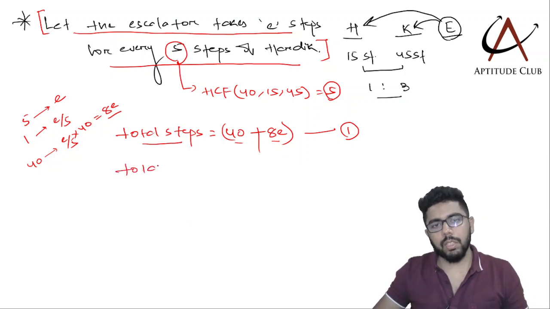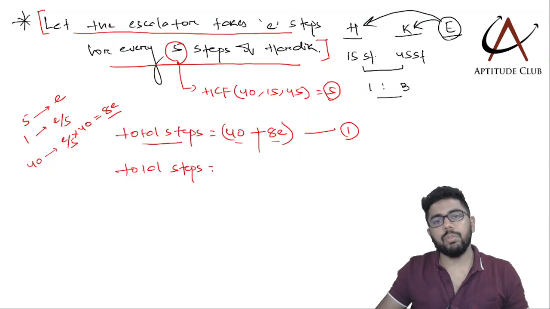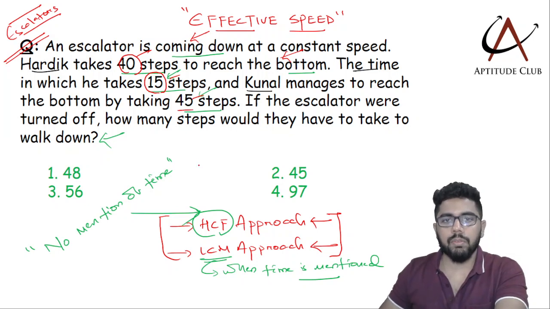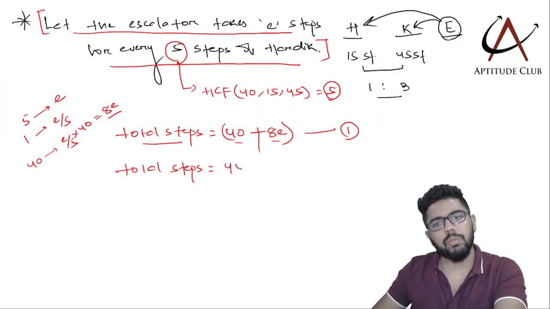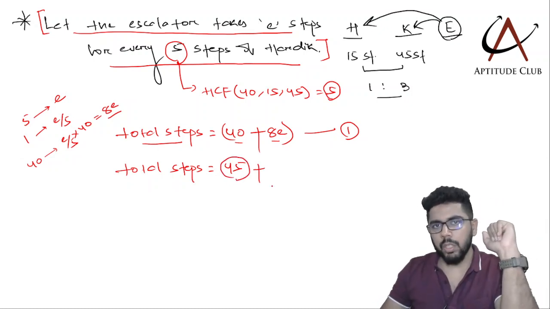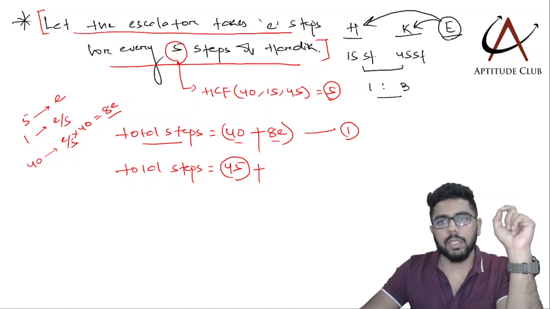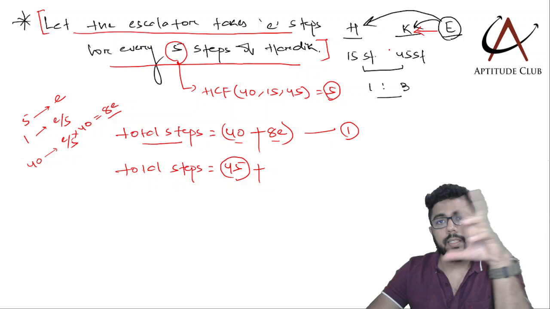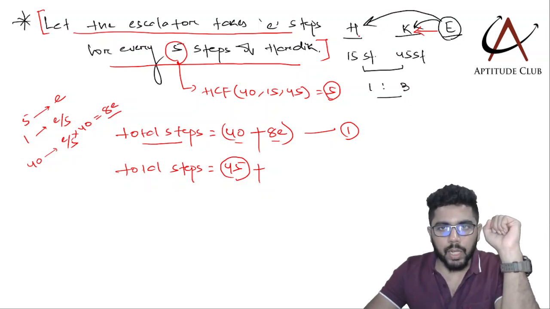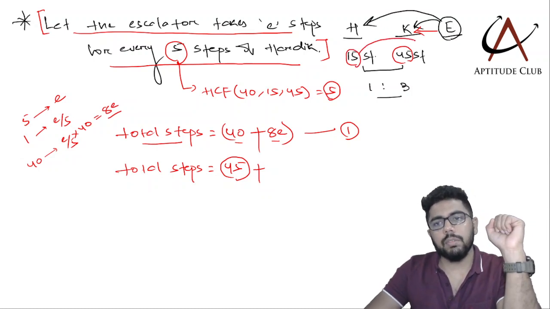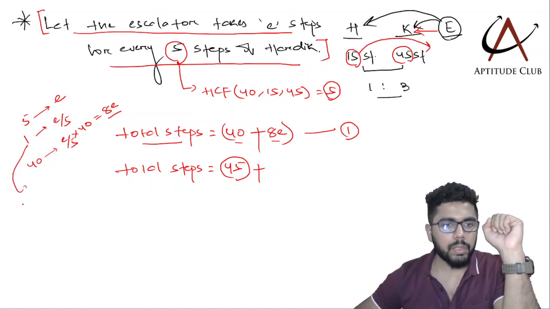I can also calculate the total steps from the point of view of Kunal. It is said that in the time in which Hardik takes 15 steps, Kunal reaches the bottom by taking 45 steps. So Kunal is also moving on the escalator, and Kunal takes 45 steps to reach the bottom. Now we linked the escalator with Hardik, but there can be an indirect link between Kunal, Hardik and the escalator in this way. When Kunal takes 45 steps, Hardik takes 15, and when Hardik takes 15, how many steps will the